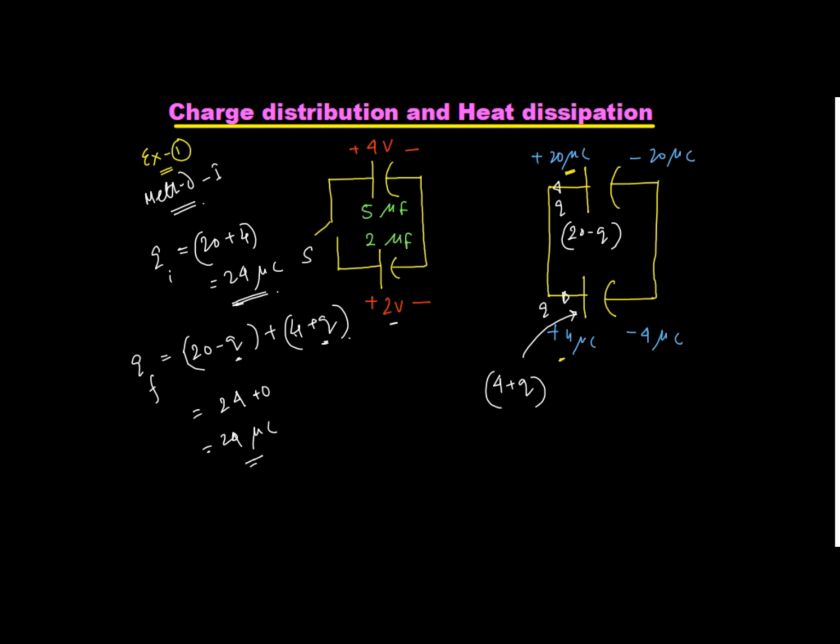Tell me one thing, when will this charge separation stop? Charges move from one point to another point if there is a potential difference. Just like water moves from one point to another if there is a difference in gravitational potential energy. So we will replace the mass with charge. So charge moves from one point to another if there is a difference in electrostatic potential, and it will continue to move till the potential of these two plates becomes the same, or the potential difference across the plates becomes 0. Suppose this plate has potential V, and this also has V, the potential difference is V minus V, 0, so charge will not move.